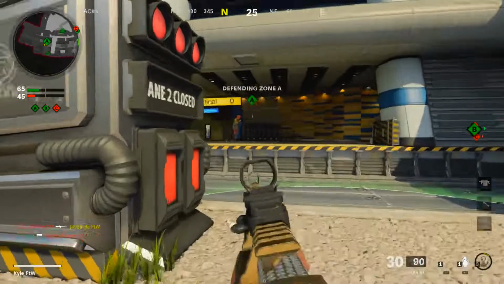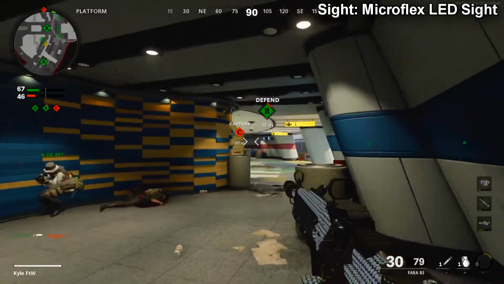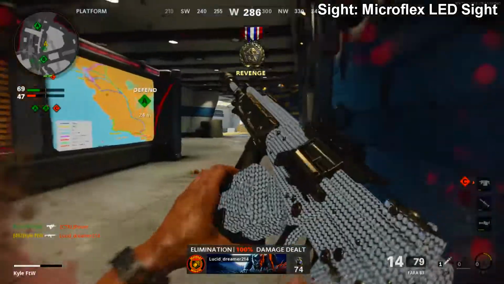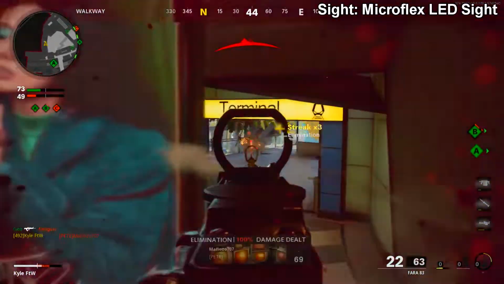So starting off here with the first attachment, I've gone for the Microflex LED sight. Now, the main reason I've gone for this is that while I don't need a sight, the Fara 83's iron sights are pretty darn good. In all reality, I like having a sight on this weapon. It just makes me a little bit more accurate, allows me to get quicker kills, and